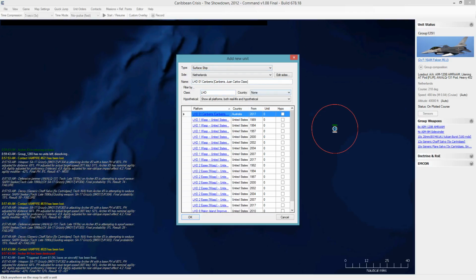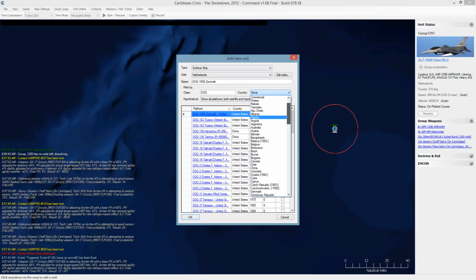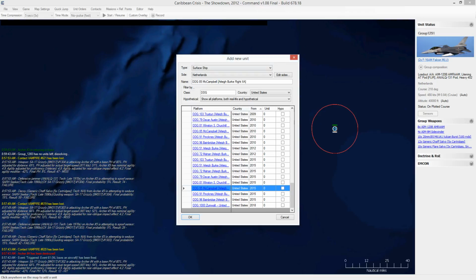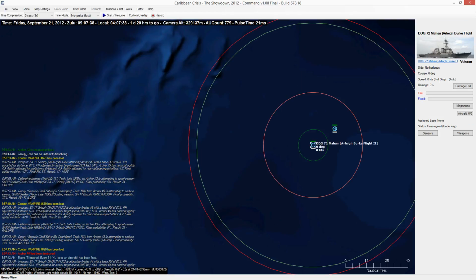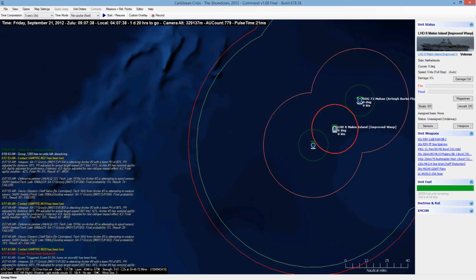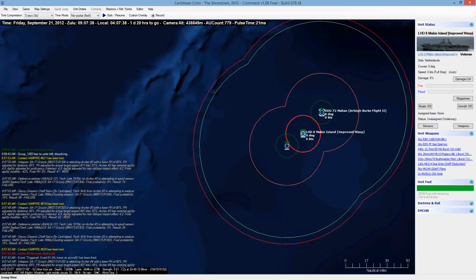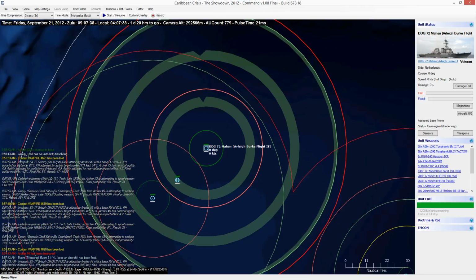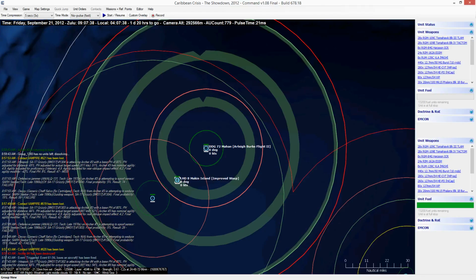So service ship, DDG for the United States. So we're gonna need to find a Burke. The Mahan will work. So we'll have the Makin Island and 2 Mahan class DDGs or Burke, which are Flight 2s. And I think on the Makin Island,